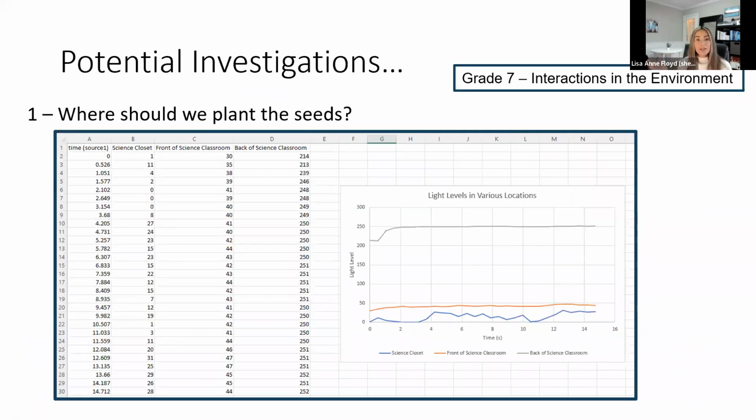So what are some potential investigations related to the environmental data logger? I'll share some investigations related to this, and then we'll move on to acceleration. I'm sure you can come up with some ideas, but these are some that I considered with my knowledge of